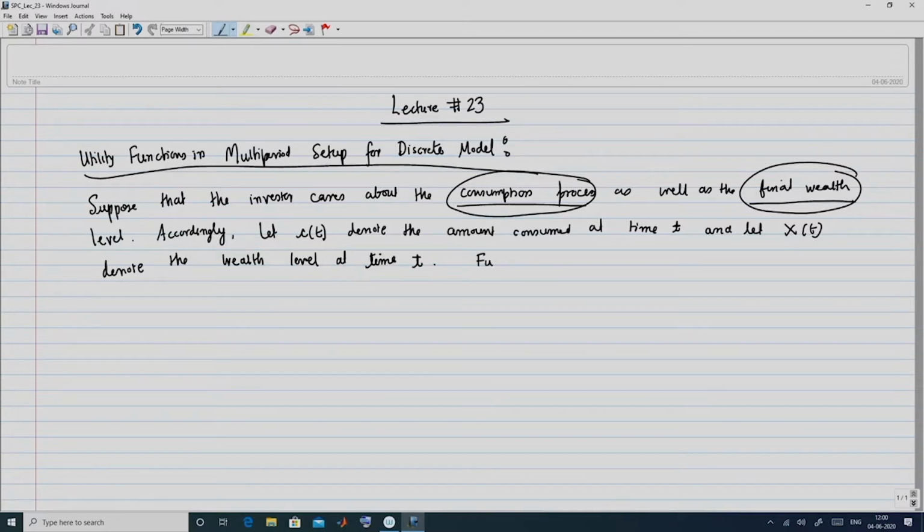Further, since we are talking about final wealth, obviously we have to consider an investment period. So, further let the investment time window be 0 to T. So, that means an initial investment is made at time 0 and it is terminated at time capital T. So, then the objective is the maximization